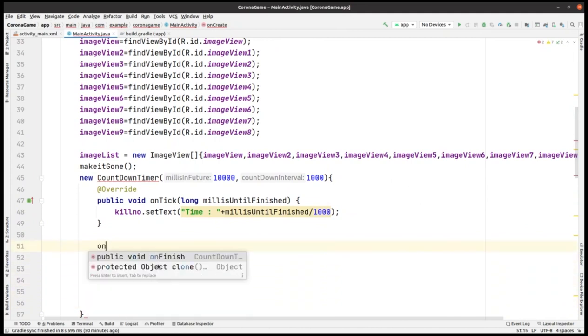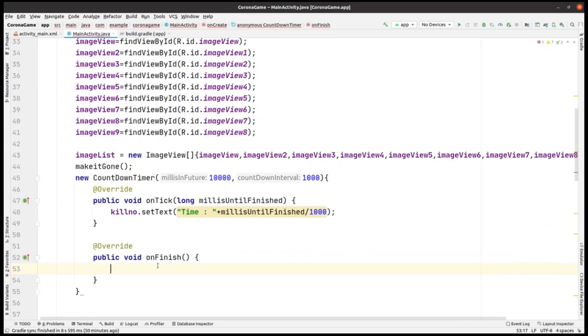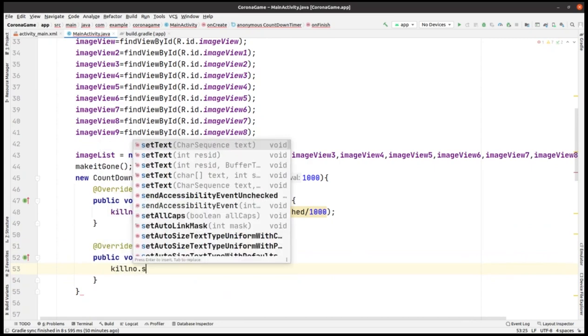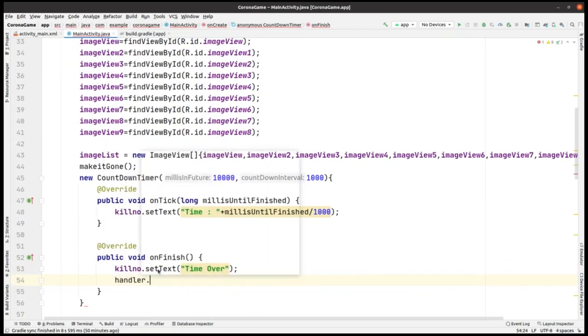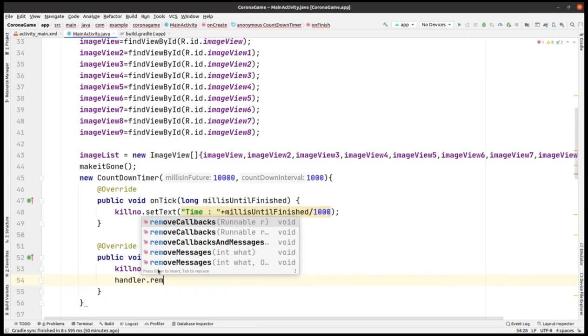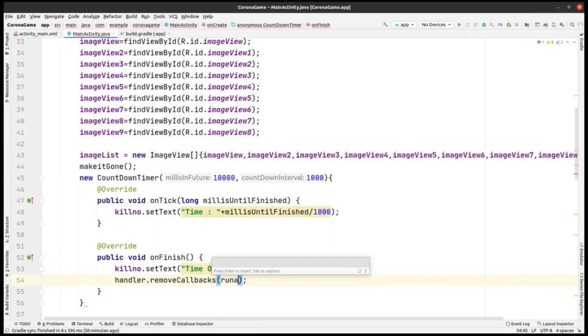So you can change it to whatever you want. You want 10 seconds, so I've set it up for 10 seconds. You want 20, then make it 20,000. Then within this on finish function we have to set text as game time over. Then we have to remove callbacks for the runnable, and now there will be